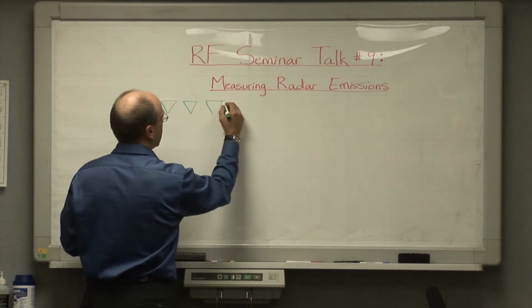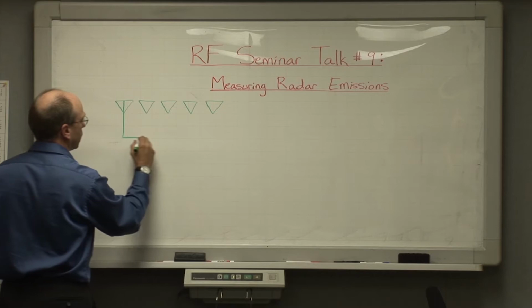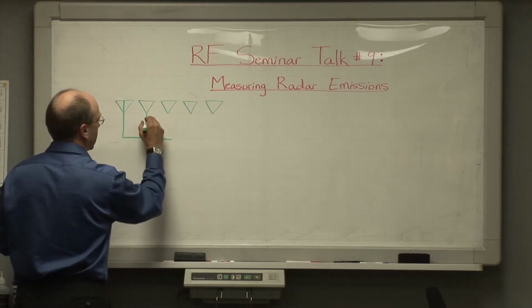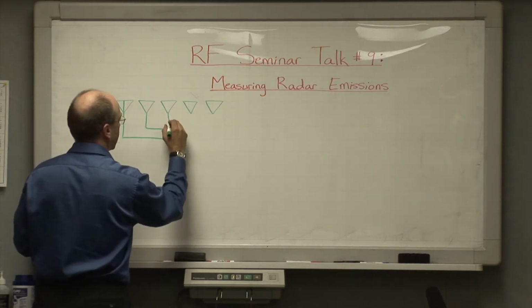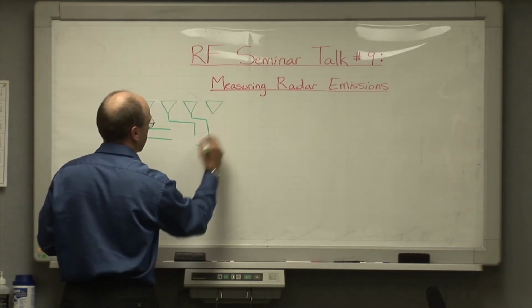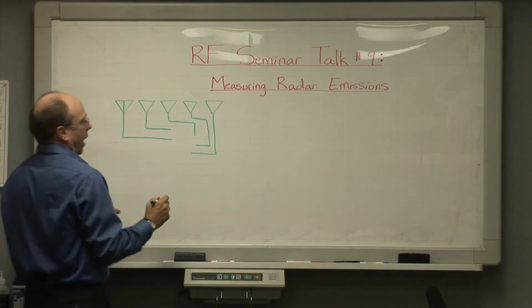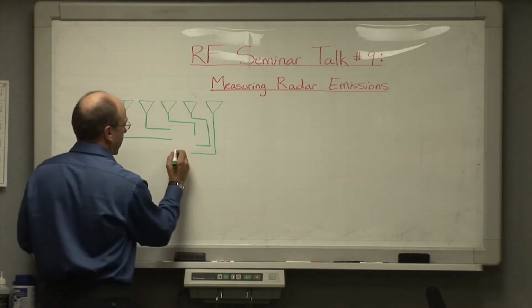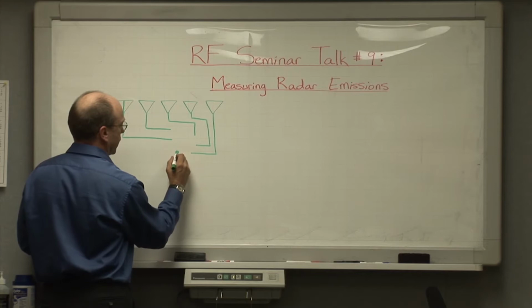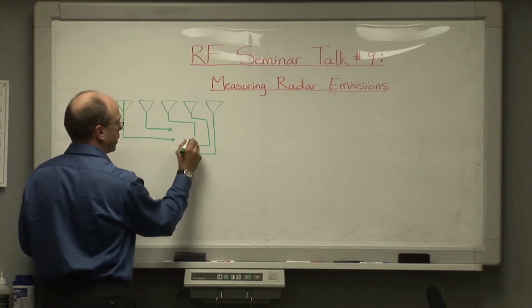And what we need to be able to do with the front end is be able to bring signal in from any of these antennas, like so, and at the front end we put a relay right here